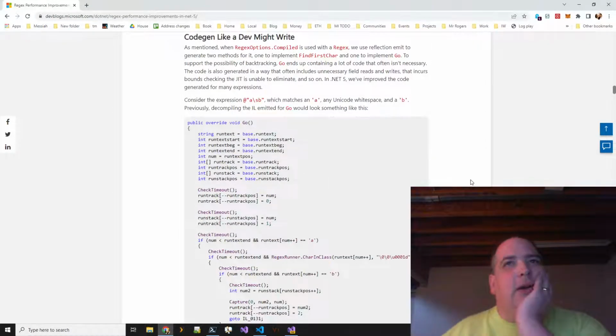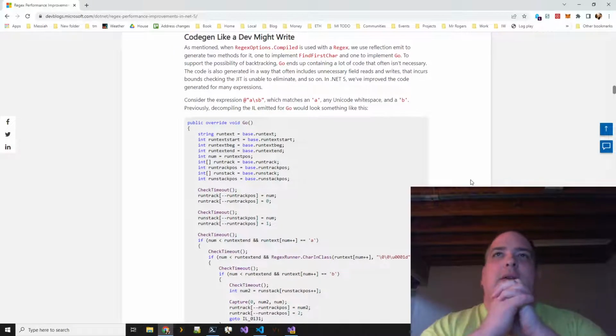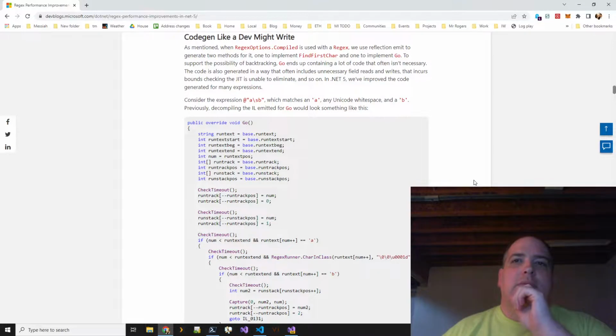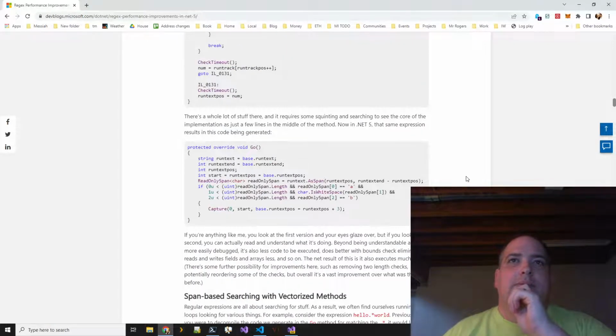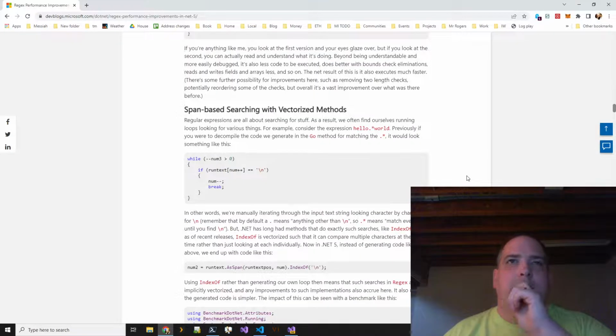Oh, that's not a bad idea. What if you can do that? I wonder if you can use a regex. Is there a regex code generator?